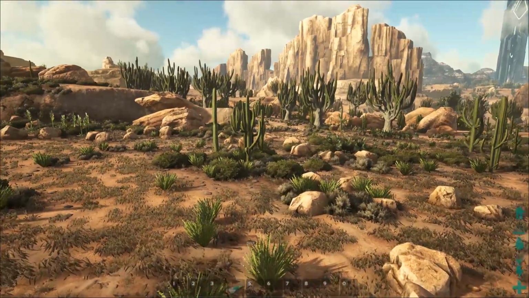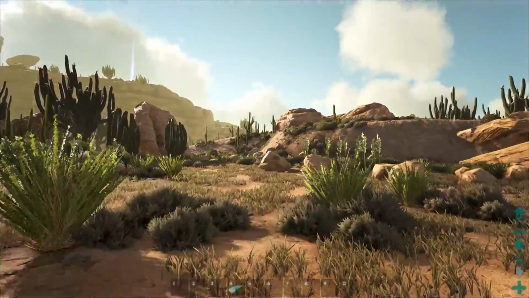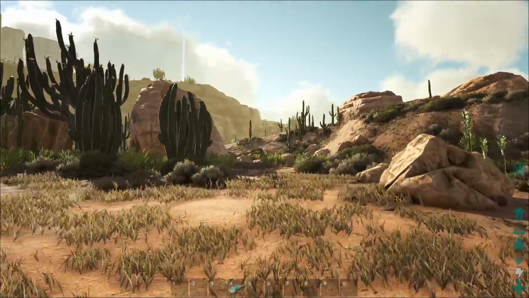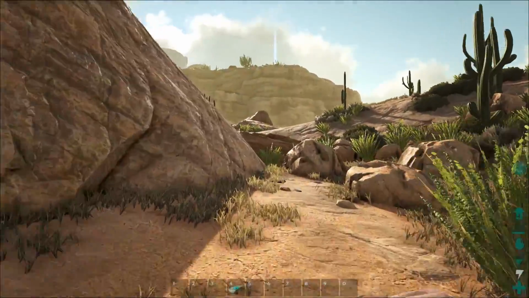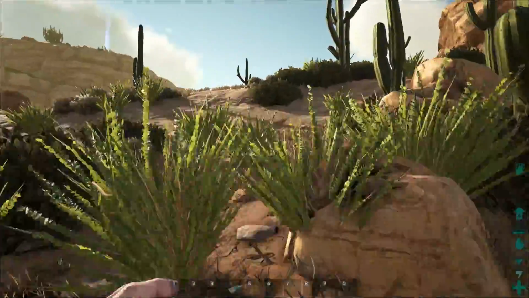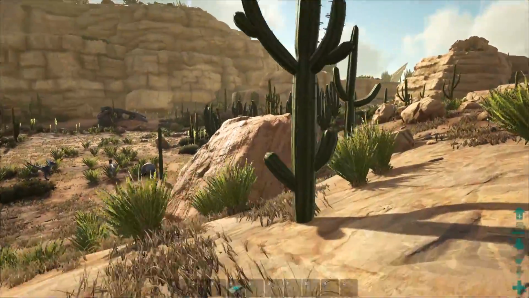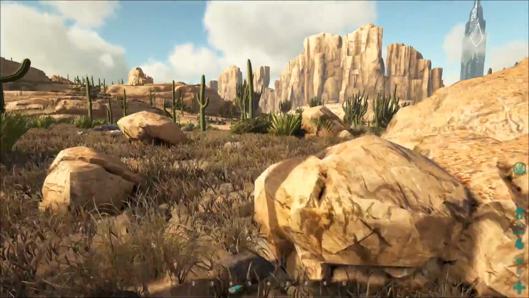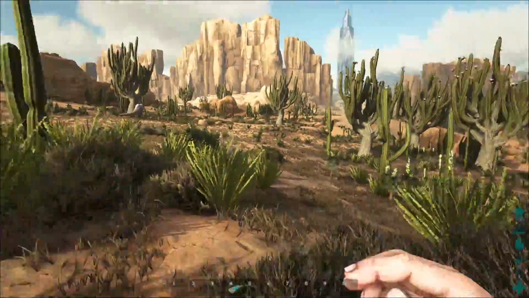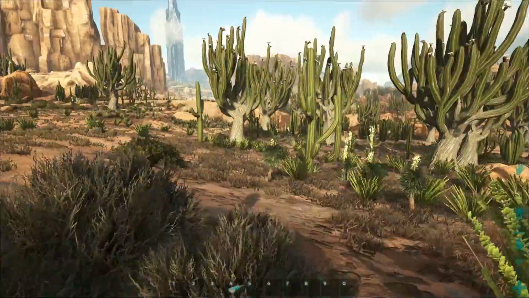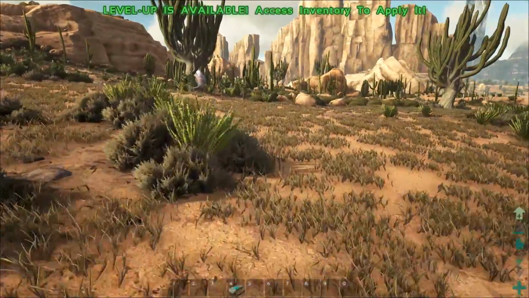Alright guys, we're back here on Scorched Earth, and I've done the dino wipe, so of course there's nothing around. But we're going to go and see if we can find something Extinction Core dino oriented. Now, I don't want those to be Extinction Core dinos, you know what I'm saying? Bad stuff. I'm not really sure, with Extinction Core, what